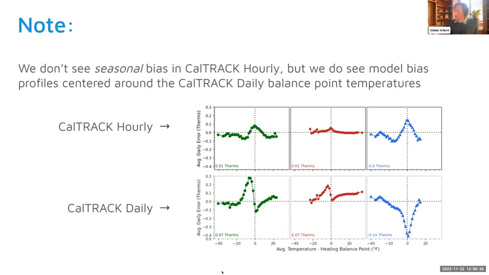So if I'm looking at these numbers in the lower left-hand corner of these plots, I see that the average customer, the average daily error is about 0.14 therms negative in the winter, and then 0.7 therms positive in both the summer and in the shoulder period. But in the hourly model, that bias doesn't really exist across the season. But there is a pattern that, interestingly enough, because the hourly model doesn't really have a balance point temperature, but I'm still plotting it against these balance point temperatures that were determined in the daily model. So there is a pattern here, which is very intriguing and something that we anticipate coming back to when we're focused on the hourly model.